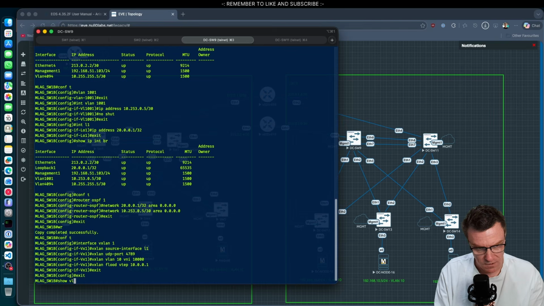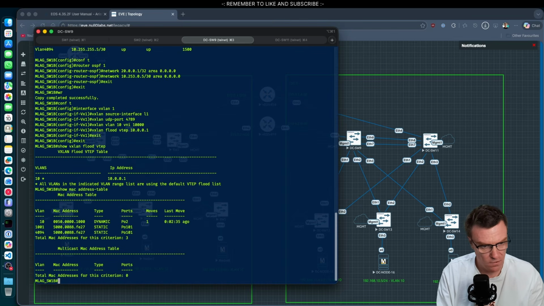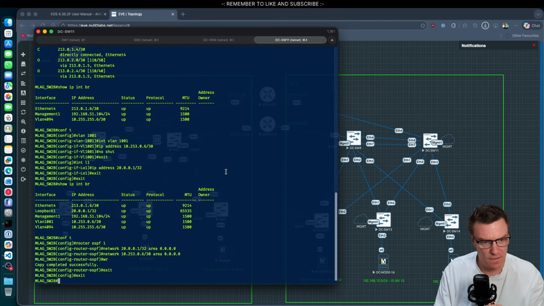Show VXLAN VTEP flood VTEP. So that is on there. Show MAC address table. Okay, I'm going to save that. Let's do this side. So config T,